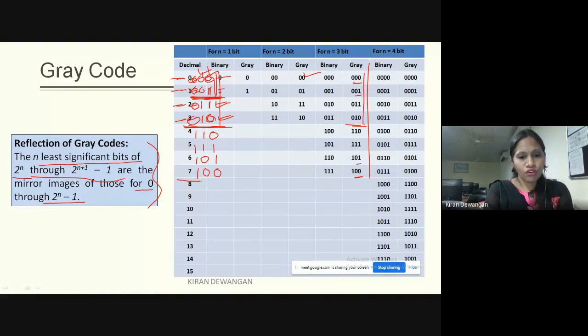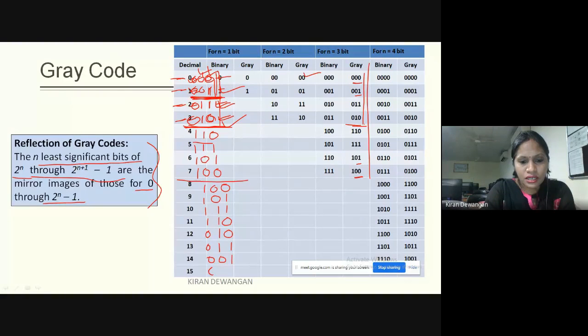अब इसका हमें अगर 4 bit करना है तो what will be the next value? 1 0 0, then 1 0 1 for 9. 10 will be 1 1 1, then 1 1 0, this one, then 0 1 0, this one, then 0 1 1, this one, then 0 0 1, 14, then for last 15 it's 0 0 0.